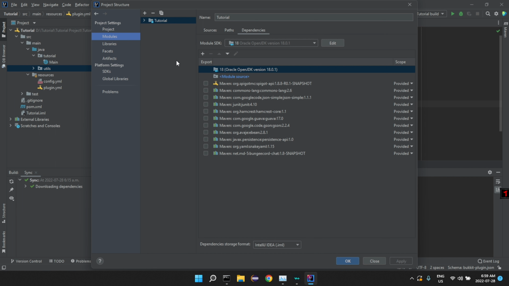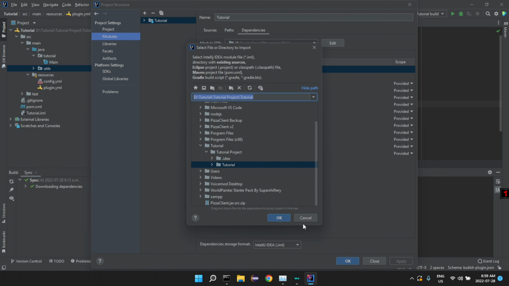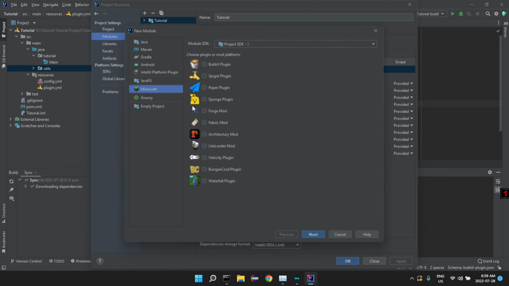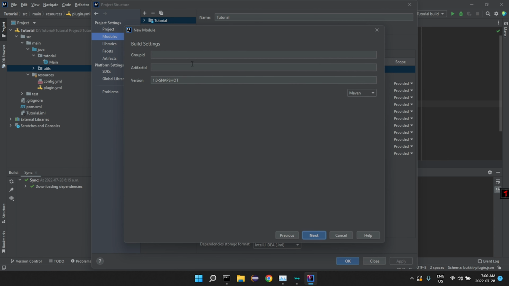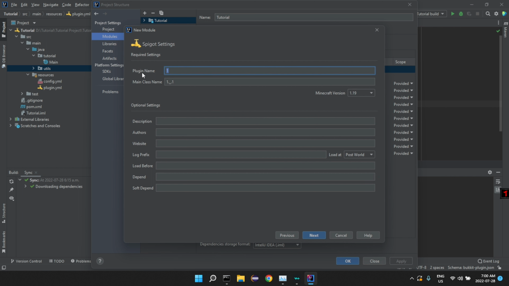Also, if you want to add in your own product projects, you can just add and then import or new module, and then yeah. If you're also wondering on how I got this menu, there's a plugin for IntelliJ called Minecraft Development, which will just add this in and they'll go through the steps with you. It's really useful. Like if I just do this, and then after I can edit this to like pizza test, and then the main class file, so